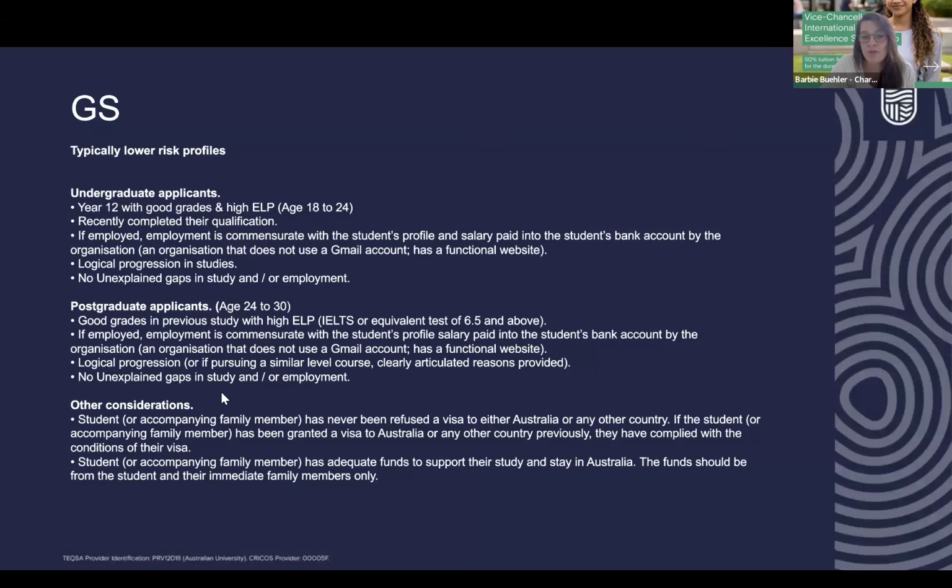Also, if the student has already done, for example, let's just say hypothetically, a Bachelor of IT, and then they applied to do a Bachelor of IT with us, it would not pass the GS because it doesn't make sense to study the same degree again and pay all that money. They would ask, why would the student pay all that money? So this is just a guide. This is not set in stone. We can look at things case by case.